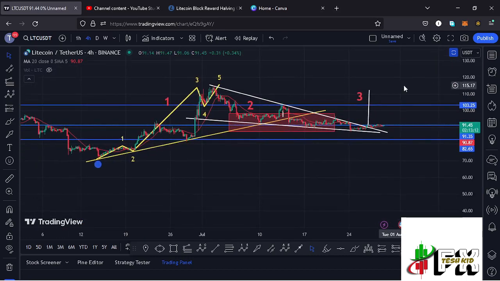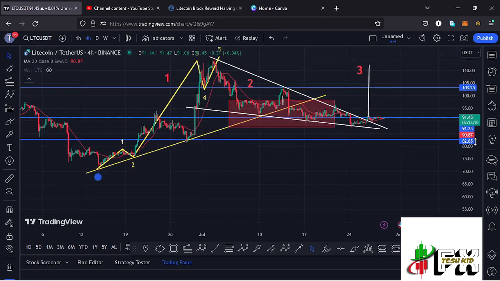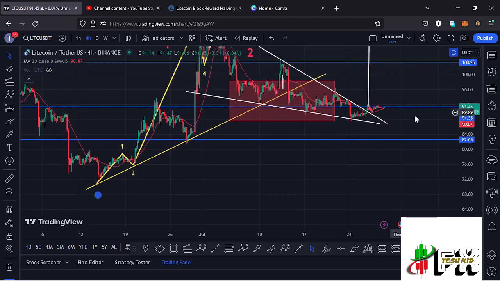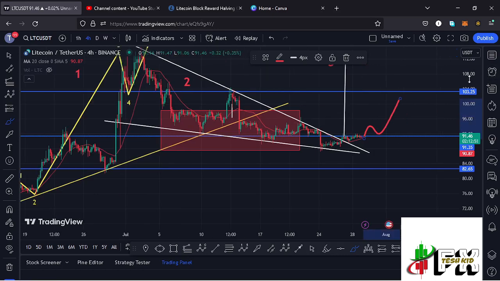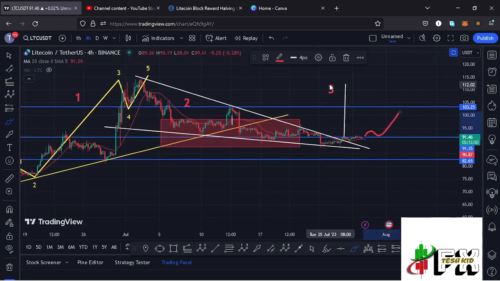So here on the charts, we need to pay attention to the key area of resistance at around the $91.35 mark, because a 4-hour close above that with a successful retest, then we can see Litecoin gear up above the $95 mark and possibly get above the $97.67 mark. And maybe from that point we can fully maximize our target area by getting above the $100 mark and giving us a high at around the